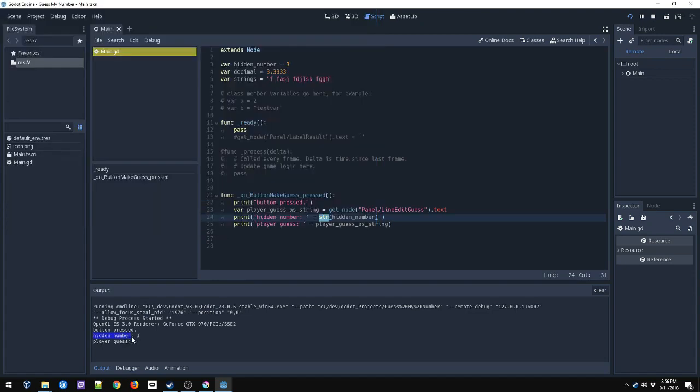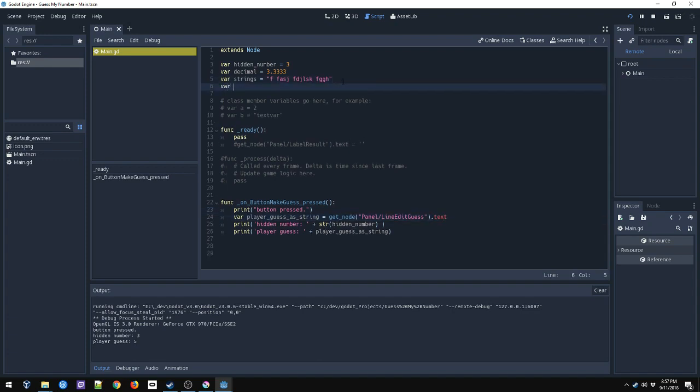So it says hidden number, colon, and then I've got the 3 right there, and here I've got player guess and the 5. Now you notice I didn't have to put this string here on player guess as string, and the reason for that is this text box is already in a string format. So that means to the computer this is not a number, it's actually a string like this. So it would be the same as if I'd said